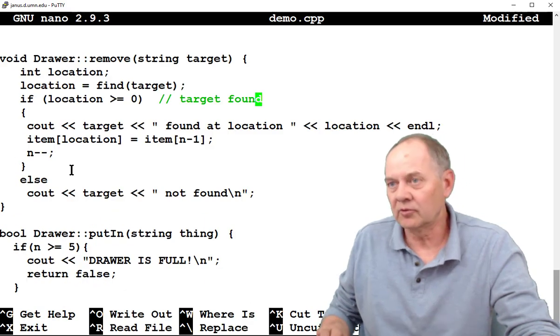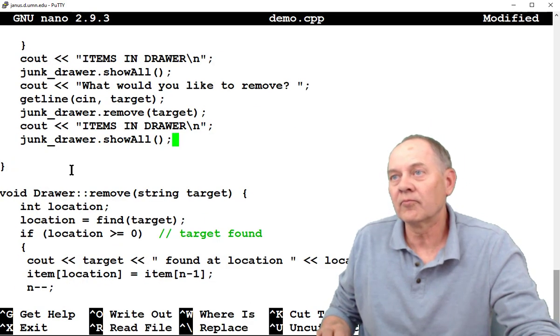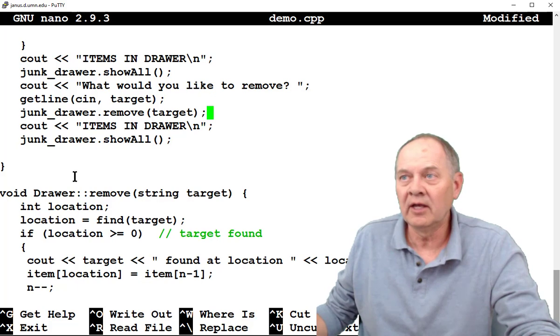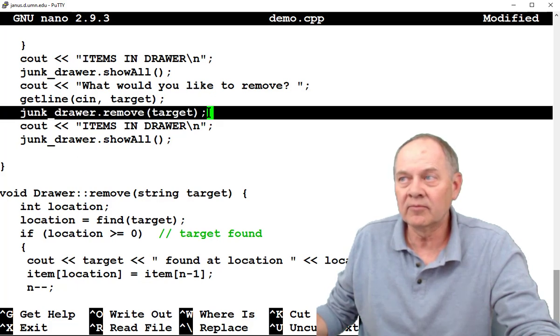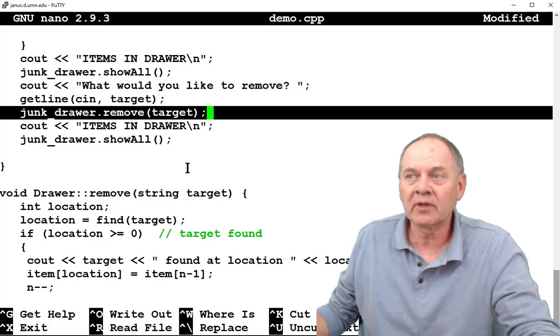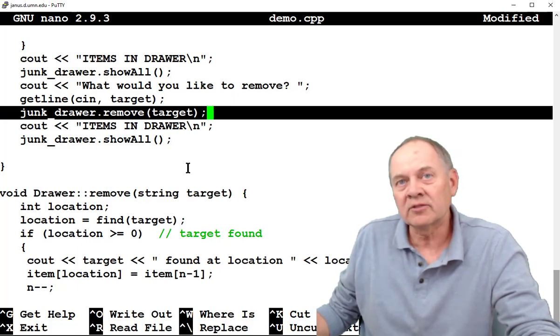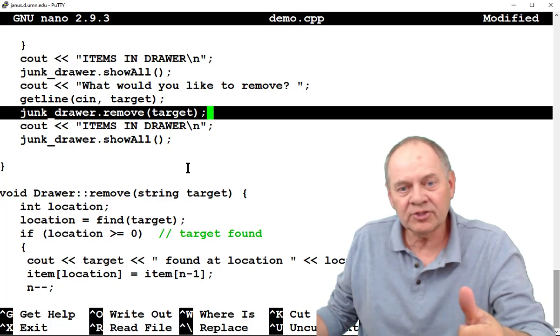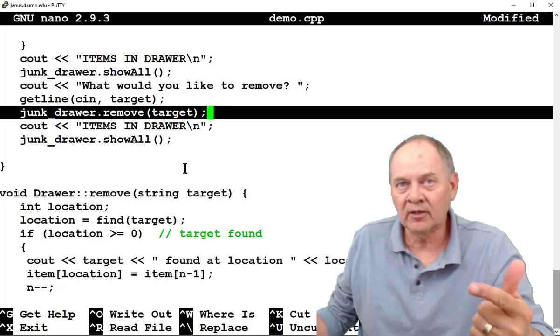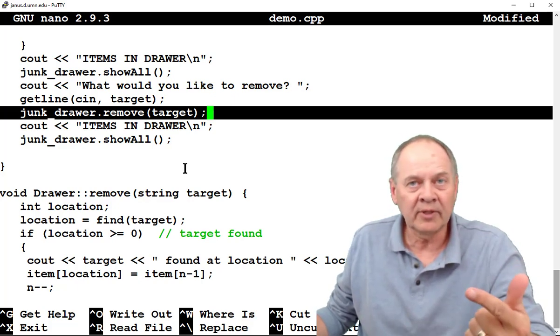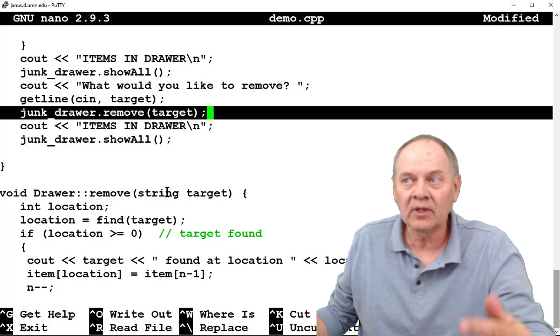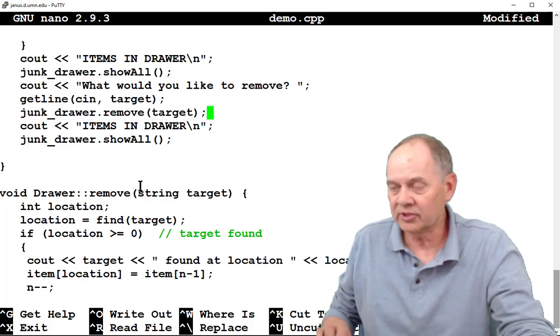If we go up to the code then, after we have removed the item, then we should be able to print it out and everything should be good. It's worth pointing out that the find function and the remove function are public members of the class. So when I look at the remove function down here,